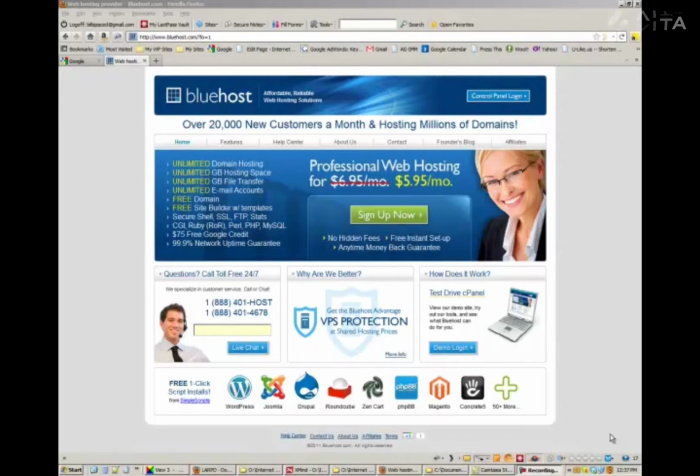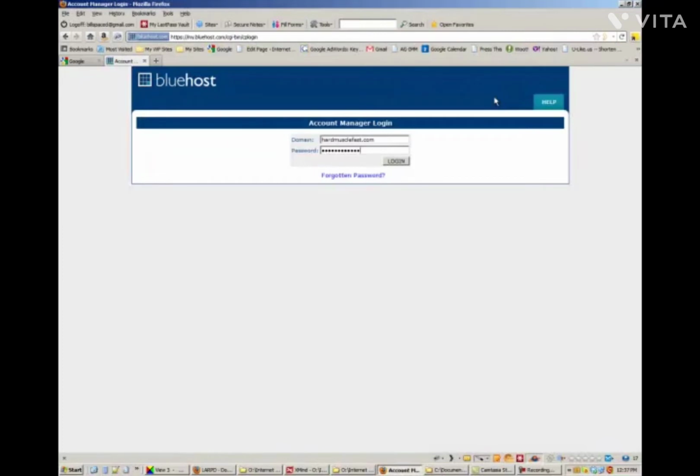Okay, in this video I'm going to show you how to use Simple Scripts to do a one-button installation of WordPress. So one of the web hosts I use, called Bluehost, actually uses Simple Scripts as their one-button installer for WordPress. So click on your control panel login, fill in all the information for your login, click on login,